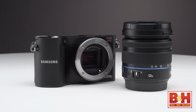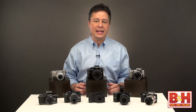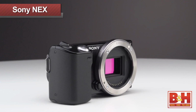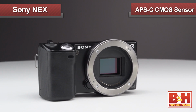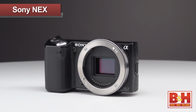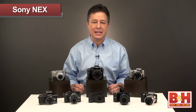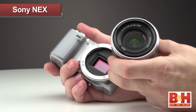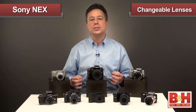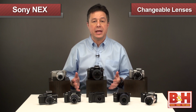Now, the last 3 cameras we'll discuss in this high-end mirrorless class are from the folks at Sony. Their cameras are all part of the NEX system, and that consists of a high-resolution APS-C format CMOS sensor, which is usually associated with DSLR cameras, but they've tucked it away neatly inside these small point-and-shoot camera bodies. The Sony NEX series cameras all use interchangeable E-mount optics, and they can also be adapted to use standard Sony A-mount optics as well as optics from a range of manufacturers